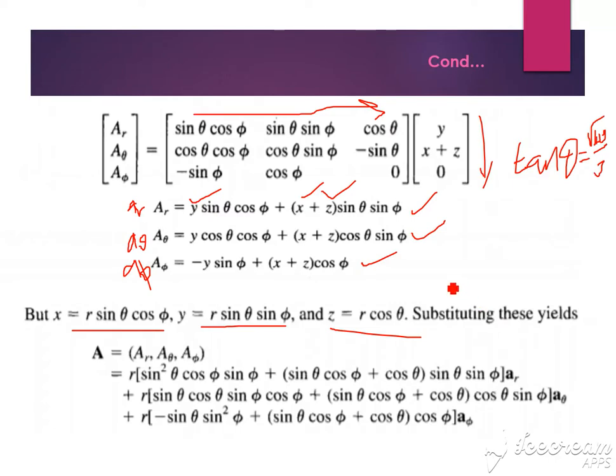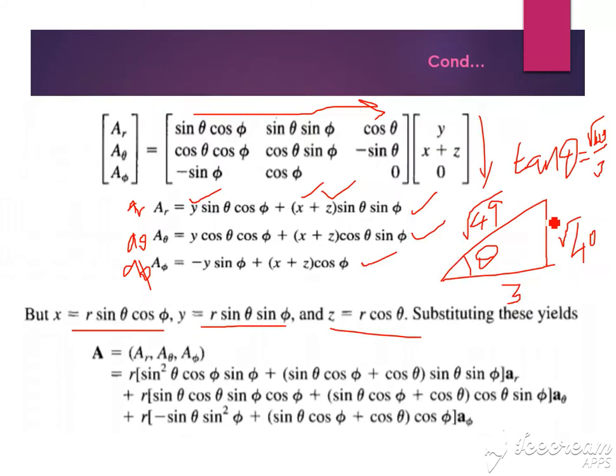So again simply form one right angle triangle with angle theta, and here tan theta is nothing but opposite, square root of 40, over adjacent, 3. So from this we can find the hypotenuse, square root of 49. Now simply find the values for sin theta and cos theta. Sin theta is nothing but opposite divided by hypotenuse. So what value do we get? This root of 49 can be written as 7.